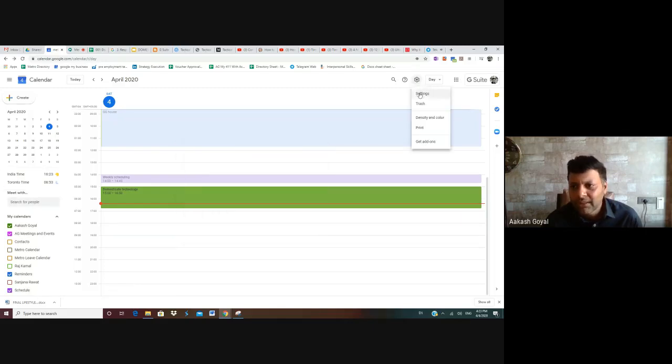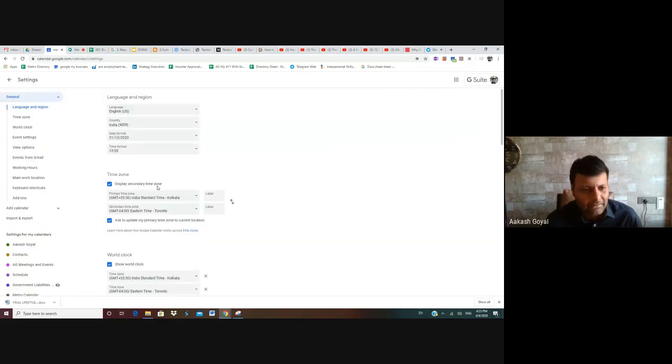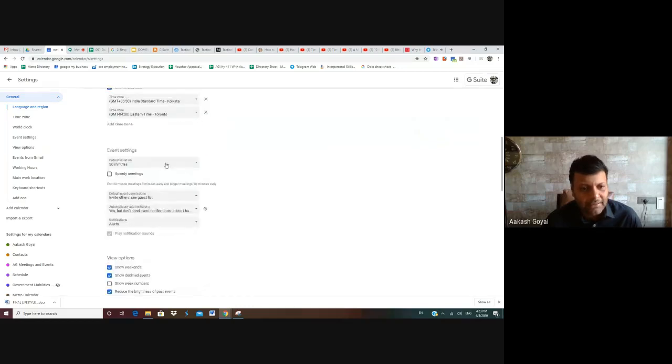If I want to change it, I can go to settings and change the default event settings from 15 minutes to 120 minutes. Now it shows the option of speedy meetings. In speedy meetings, 30-minute meetings will end 5 minutes early, and longer meetings will end 10 minutes early. So it automatically gives you a default duration of 25 minutes.